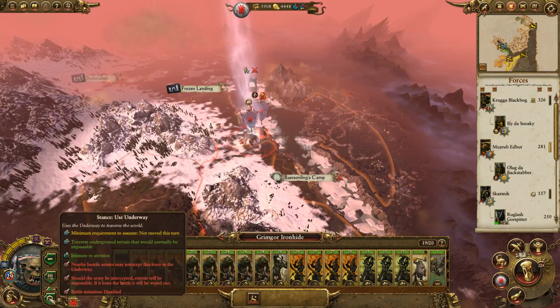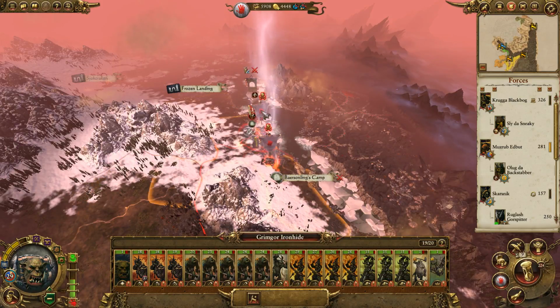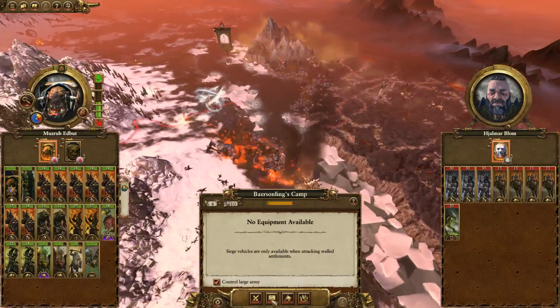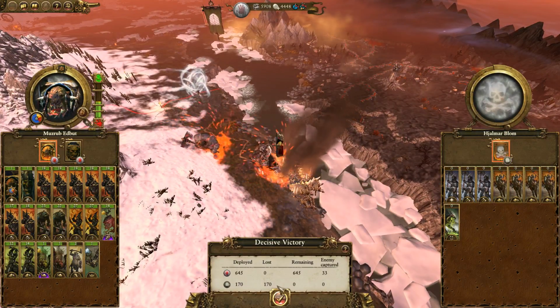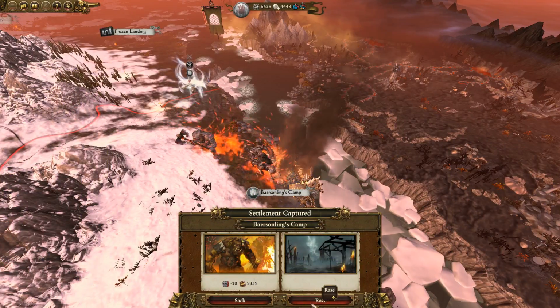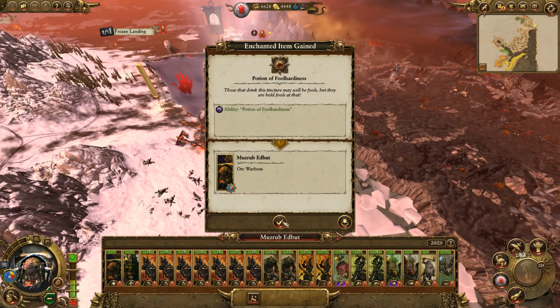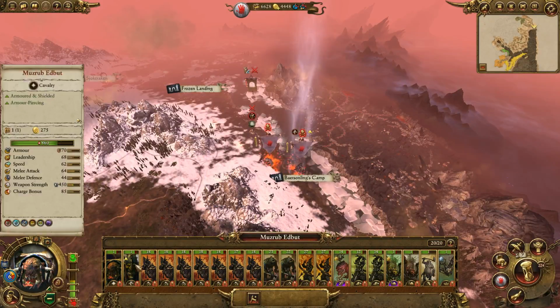Where did their other army go? Did they go into ambush mode? Is this that army? Did they run out of the camp? Probably. Bunch of cowards. Yeah, lost 0. It seems unlikely, but I appreciate the sentiment. Okay. Let's